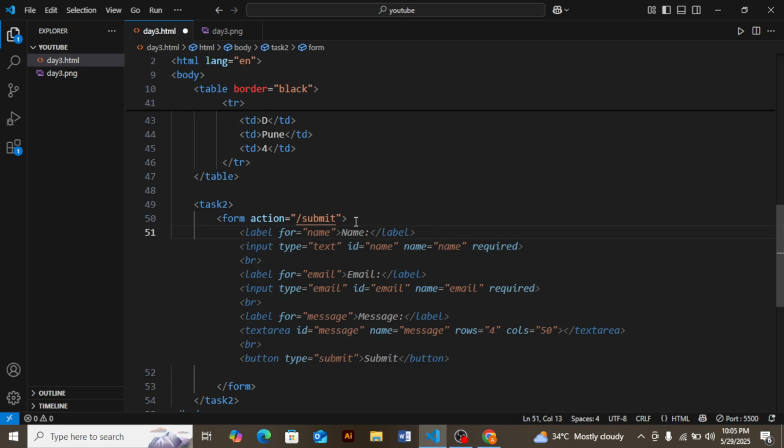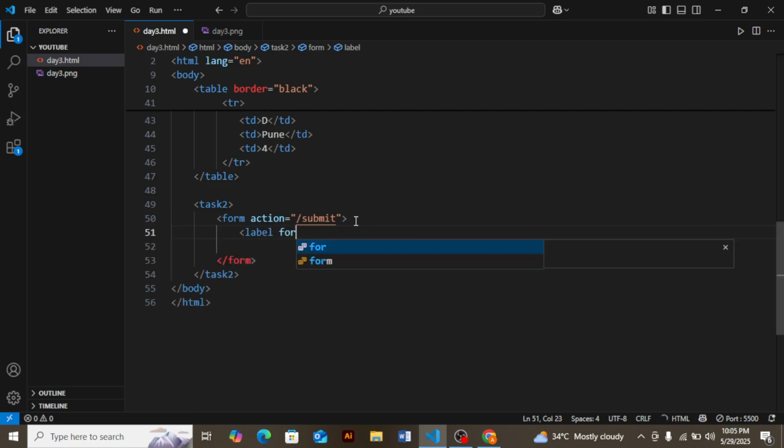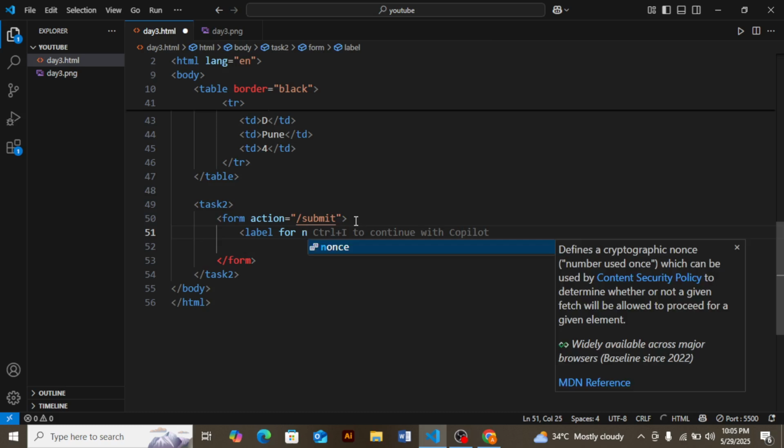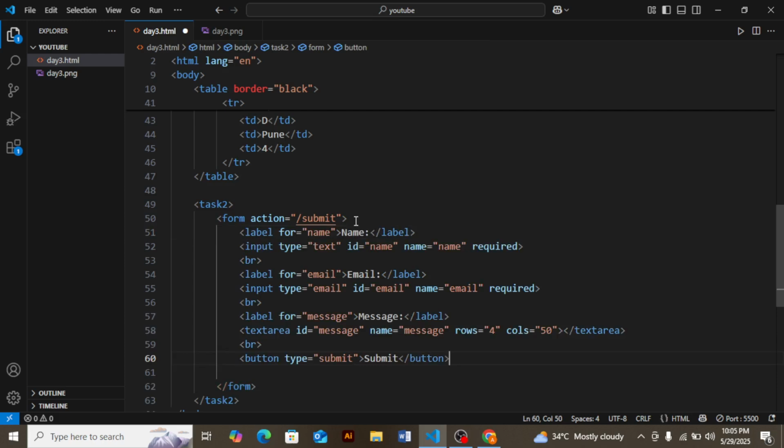Label for what? Label for name. Label for name, and input type text, id name, and required.